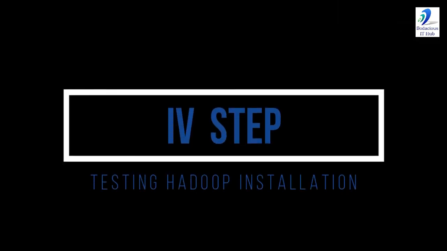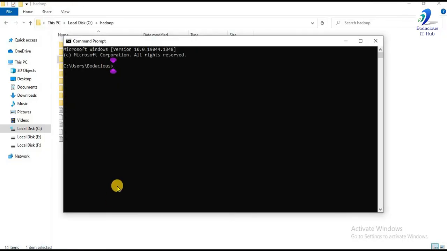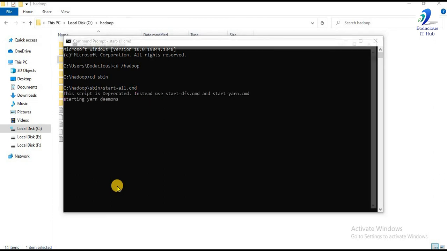Now you just have to run cmd, change the directory to the Hadoop folder, then cd, moving to the sbin folder. Now you just have to write start-all.cmd to check whether Hadoop is successfully installed or not.